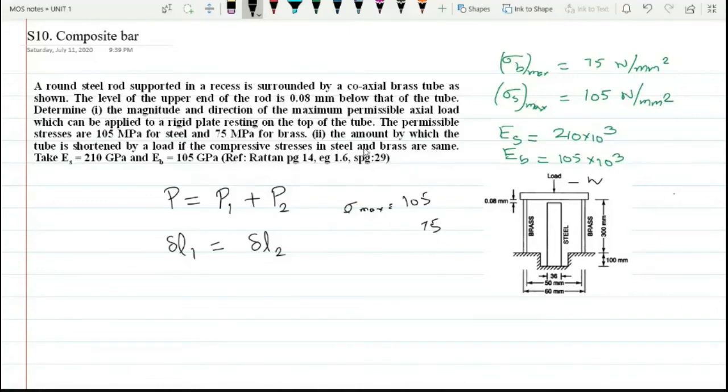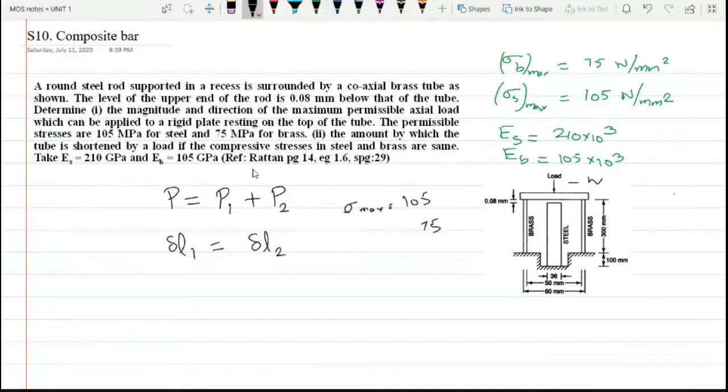Second question is, if your material stress is equal, then what will be the change in length for the particular section? So இது மொத்தத்துக்கும் change in length எவ்வளோன்னு கேட்குறாங்க. So that is the second part. So a little complicated problem, where we have to think and solve the problem accordingly.